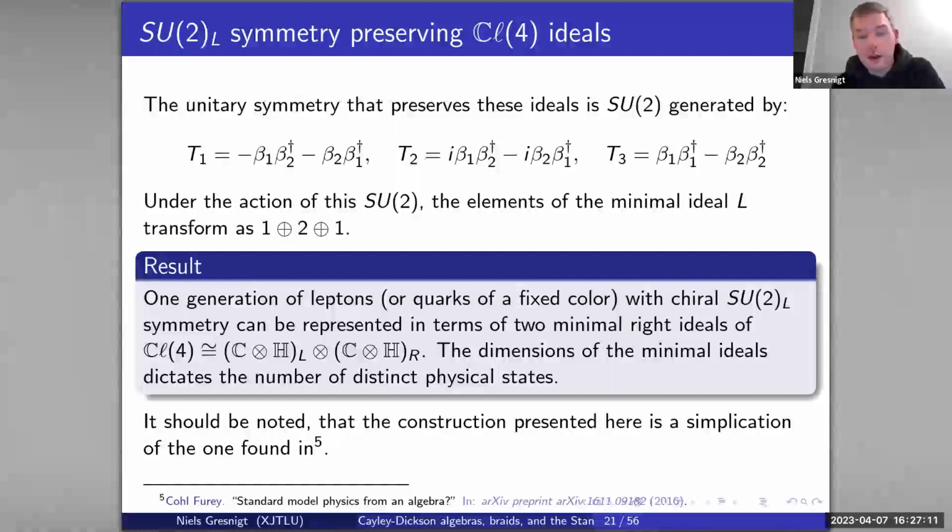The construction here is a little bit of a simplification from the one that you find in Nicole Furey's thesis, in that I'm just using the quaternions here, whereas she actually uses a slightly different approach. Instead of using the left actions of the quaternions, she uses another right action, another Cl2 generated from right actions of the primitive idempotents, or rather the nilpotents, of the complex octonions from Cl6. They're slightly different.